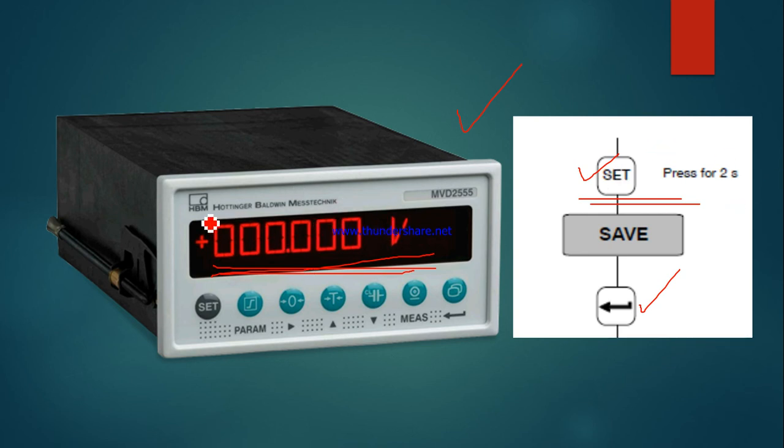Later on we will learn how to generate the potential free contact for safe working load. That means if the load limit crosses a particular value, it will generate a potential free contact. A particular potential free contact will be toggled over. Similarly for a lower value the same thing will happen. If the load value comes below a threshold, then another contact will toggle over. So that also we will learn in the next lecture.